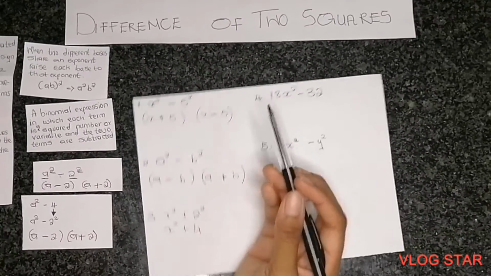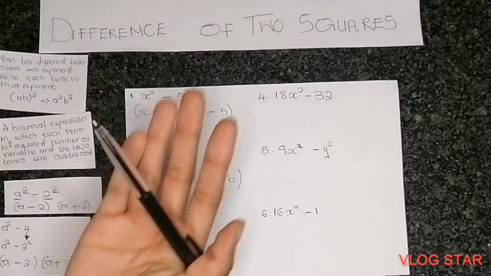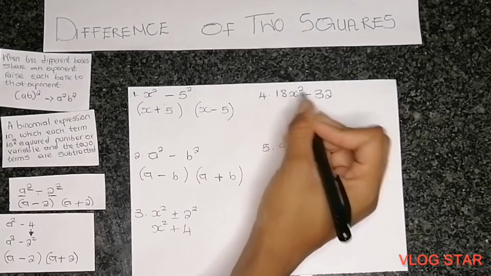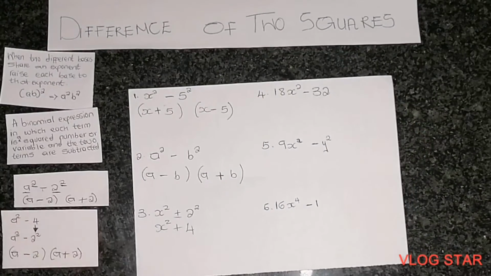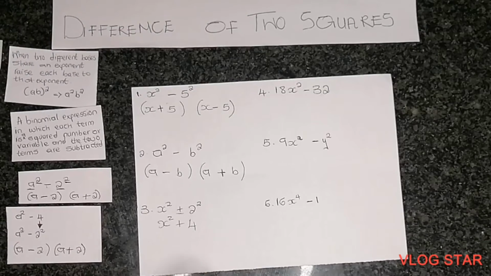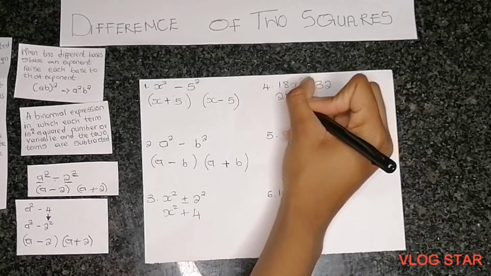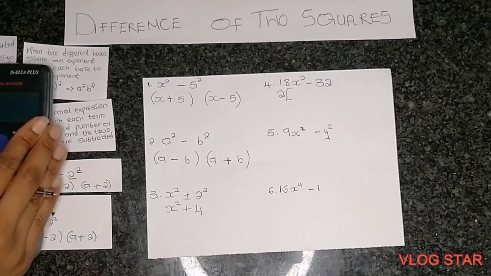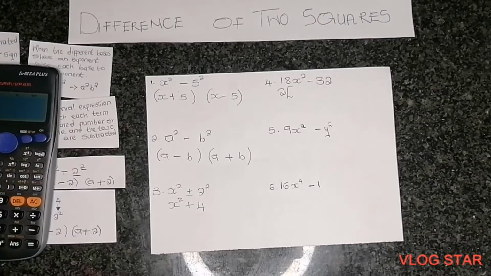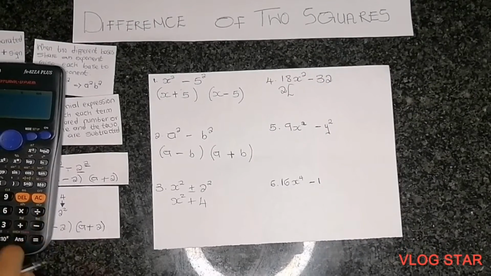So now we're on question number 4. You're going to check, do I have a common factor that fits into these two numbers without leaving a remainder? Yes. Which is the common factor? It is 2. So we write down 2 outside the bracket, and then we're going to divide. You know how we do this. 18 divided by 2